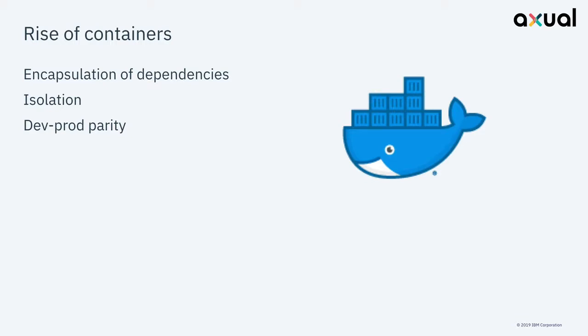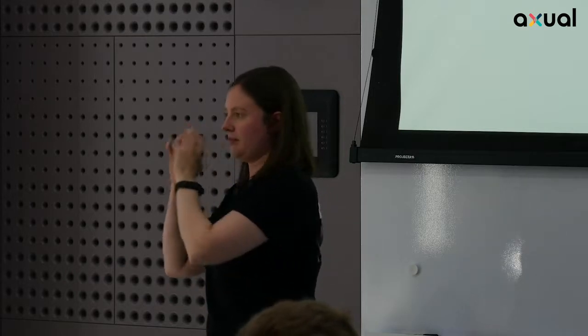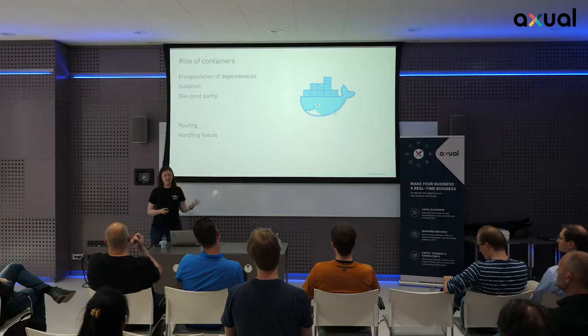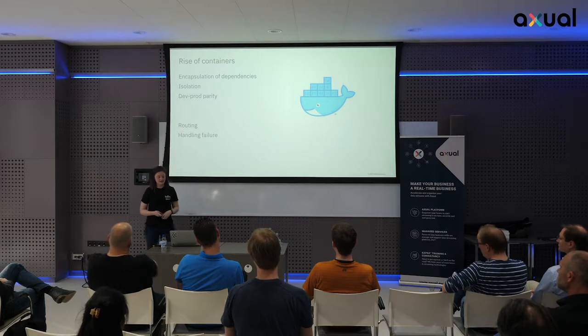But the rise of containers also brought about a few different problems. So one of those is routing. So I had my picture of the service discovery. How do these containers talk to each other? Now that we're in the cloud, we don't want to have just a particular IP address, because if that app goes down, how do all of my other services know where to call? And also handling failure. Hopefully a lot of you in the room here know, because you're familiar probably with Kafka. Kafka is really good at handling failure, and in a container world, we have to think about how do you handle failure. You've got to expect that an application will go down, and what are you going to do as a result of that?